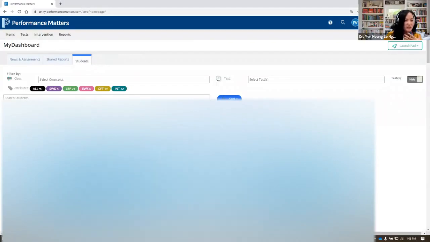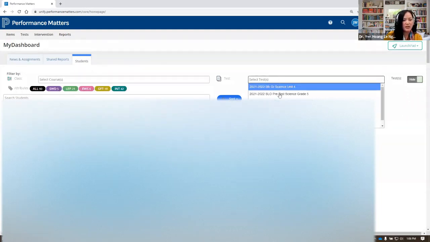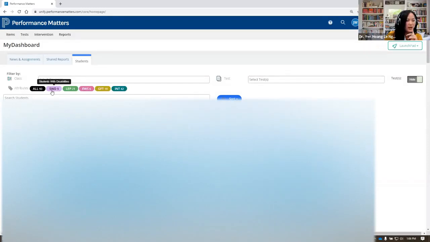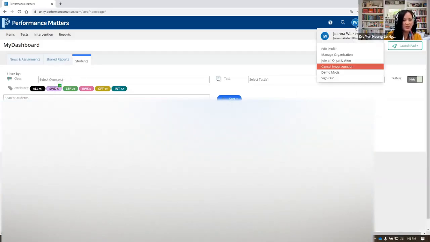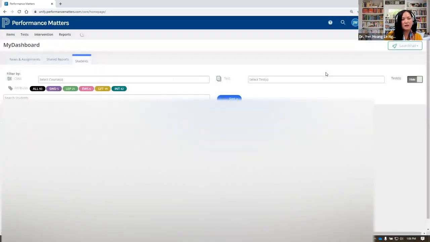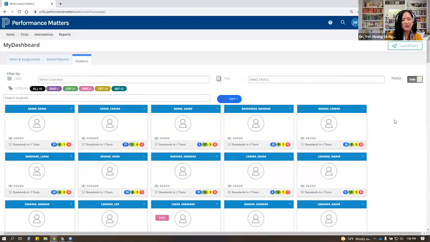Okay, so you can filter, this is all your students. You can filter by your course here. You can filter by the tests that they've taken in PM, or you can filter by their indicators, their attributes, like students with disability. If you click on it and you'll see all your students with disability. You can click on demo mode and that'll take you like if you're on here with parents or other students or other staff members even, you can go to your initials and click demo mode and it'll hash out names,